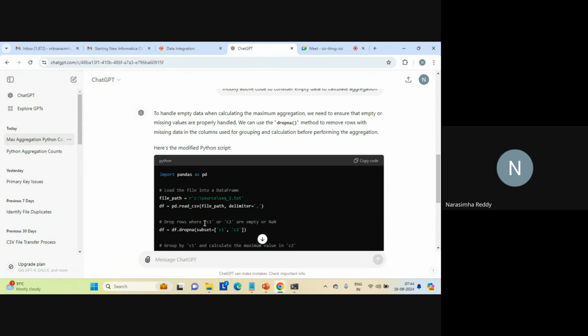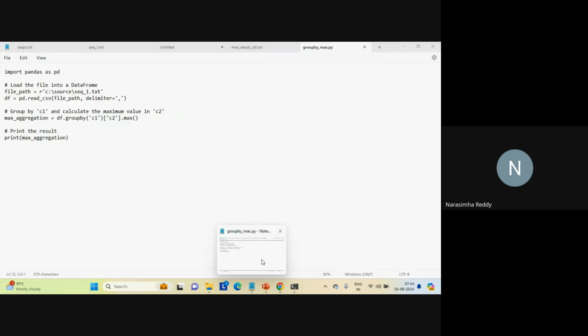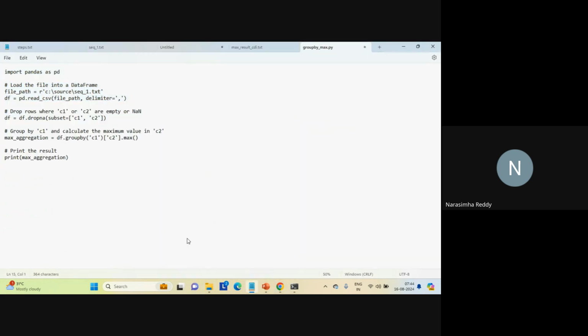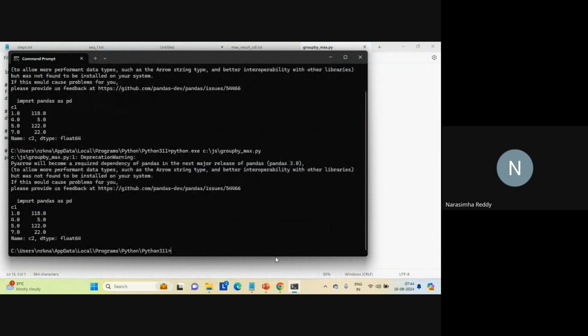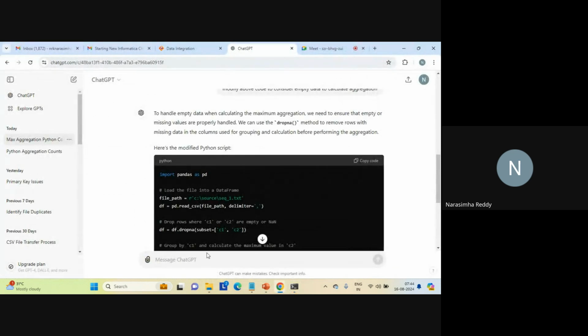See here, drop post where C1 or C2 are empty or not. So here, let's see. If you don't get it, you can just modify again. So it's very easy actually. So till 22 we got it. So we can modify the above code to calculate